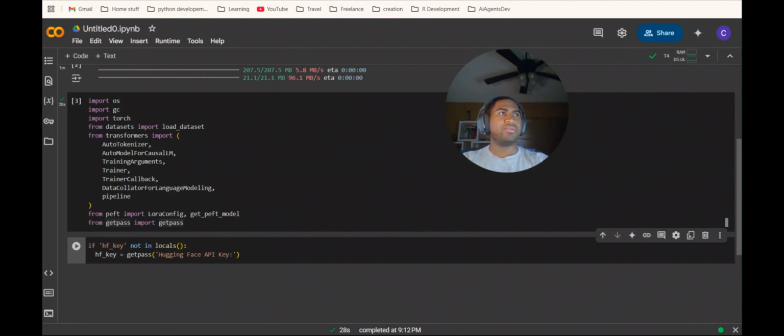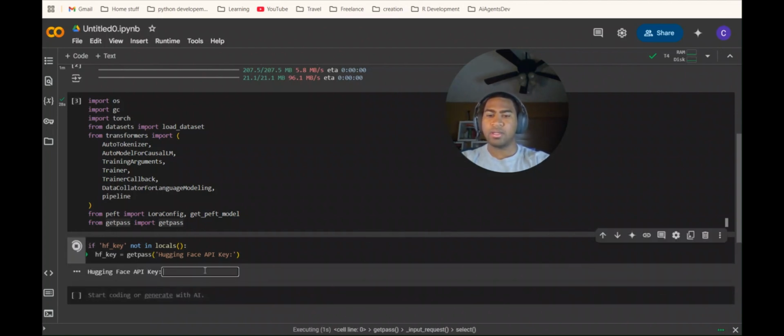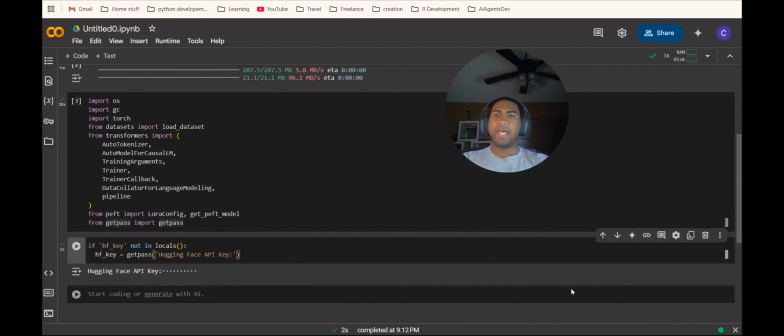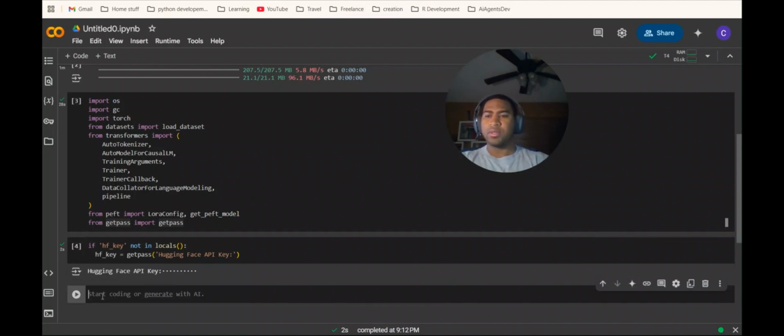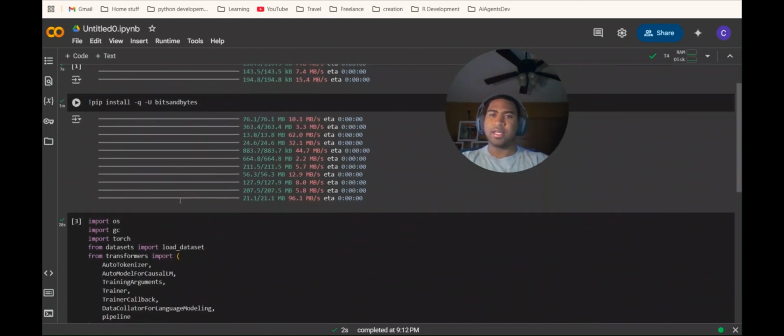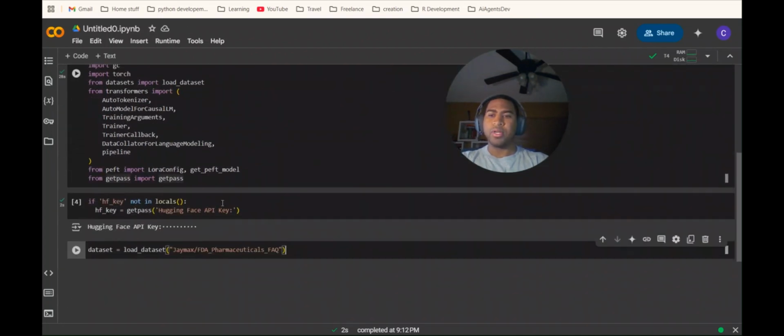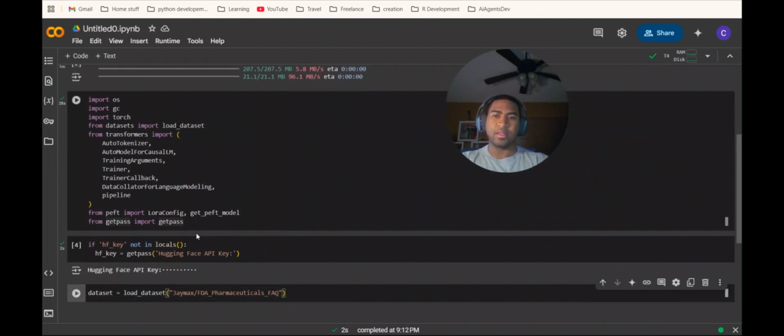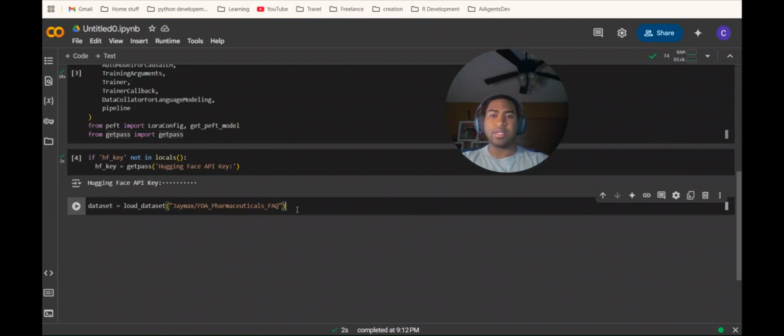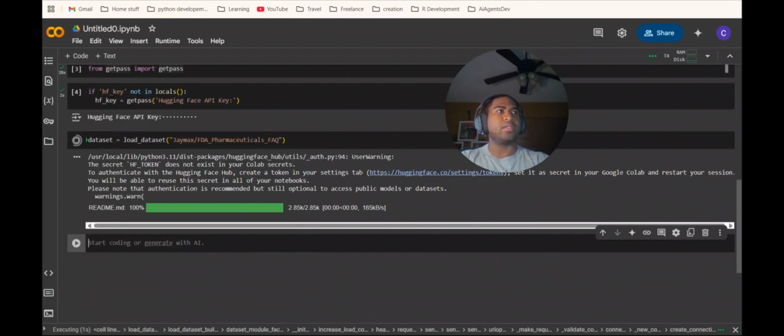But adding to this, let me make sure I run this to add my API key. There we go. Adding to this, I want to give you an idea on the data set that I'm going to be using. Again, this is where this data sets package comes in, where you will load in the data set using this package. So dataset equals load_dataset. This is the easy way where you're able to access data sets from Hugging Face and load them into your environment. And just to give a better picture,